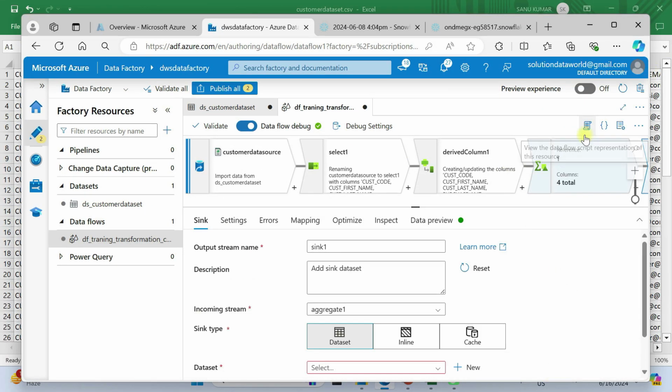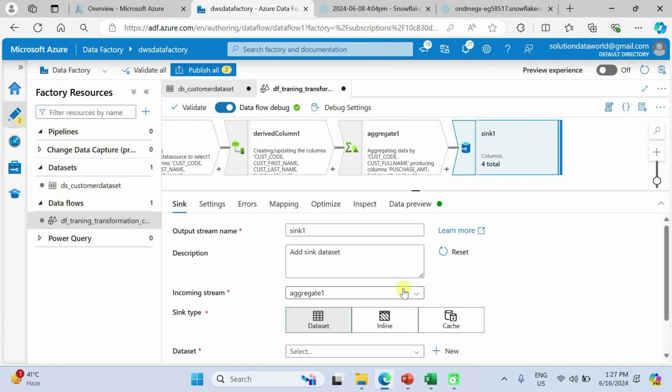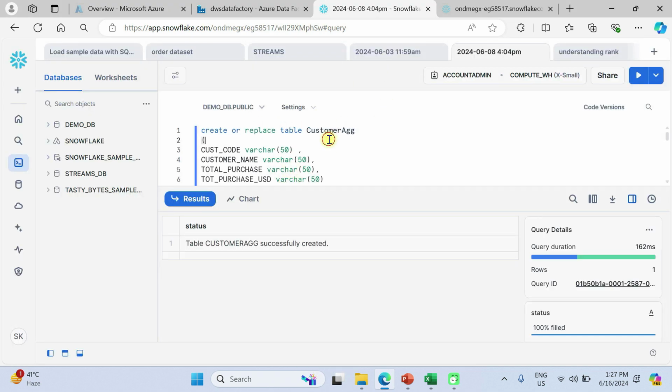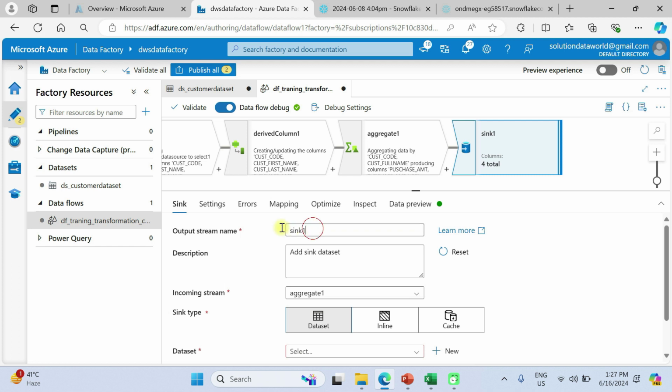Selecting, so now I am selecting sync. Go to Snowflake, and here the customer table is created, so we need to create a dataset for this. So again go to here, and this is sync. Rename it customer. Loading data. Okay,